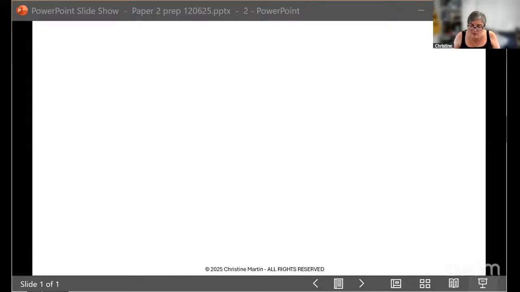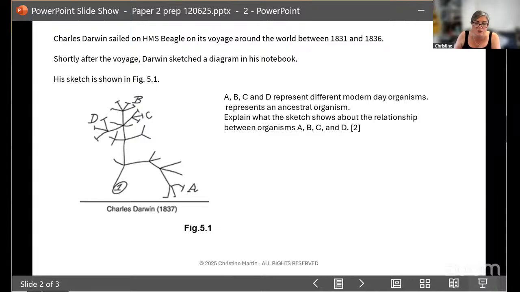One of the things they could ask you in tomorrow's paper, obviously I don't know what they're going to ask you, all I can guess is that it is going to be on any of those topic areas for modules 1, 2, 4, and 6. So one thing I did like when I saw a picture like this is, do you know how to note where there is a common ancestor? If they give you a phylogenetic tree, do you know how to figure out and give some information on that?